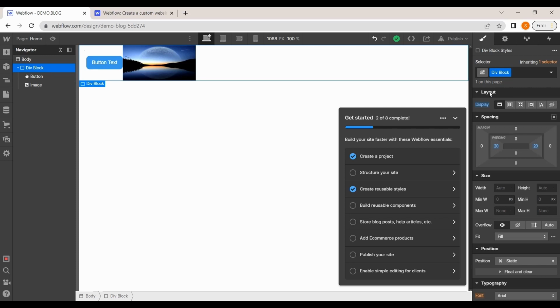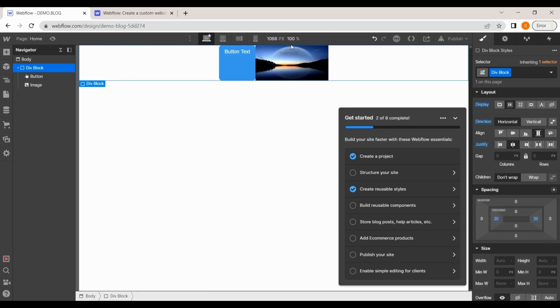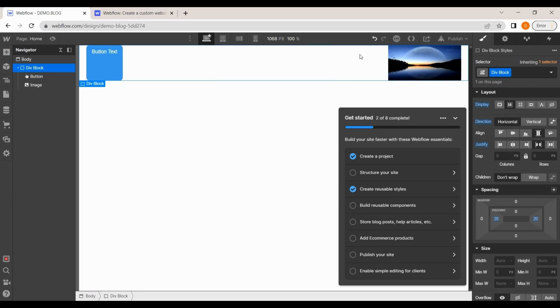Right on your right screen, you can go to layout. It is default on this one, so I can change it to this. So it will show it in the middle, and I can increase or decrease the gap by putting in pixels, or just by using justify. I'll put some gap between them. So as you can see,